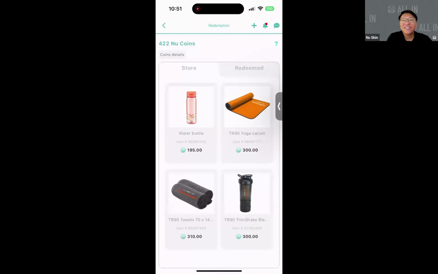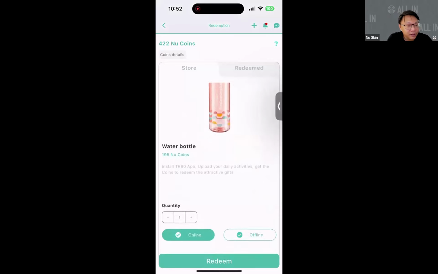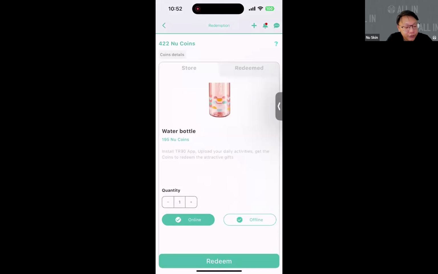Yes. Very easy for those who have newly registered. You will get 100 coins immediately. All right. So when I look at the redemption coins from each of the markets, it's almost halfway there. Just by doing a little bit more, I'm sure you can redeem something already. So find the things that you like, click on it. If you have enough coins, simply redeem it. There are various ways of redeeming it, depending on the market.